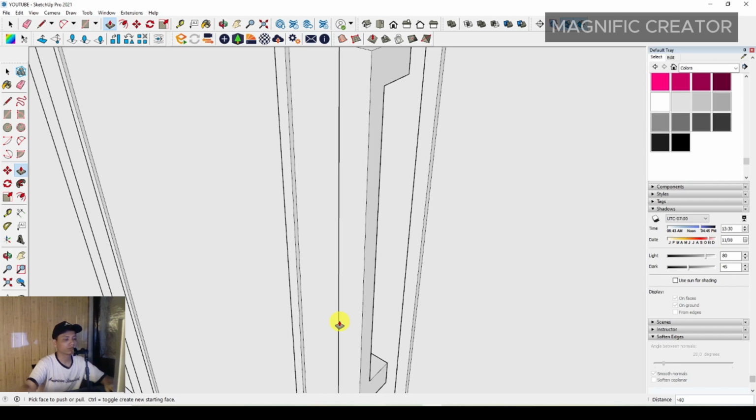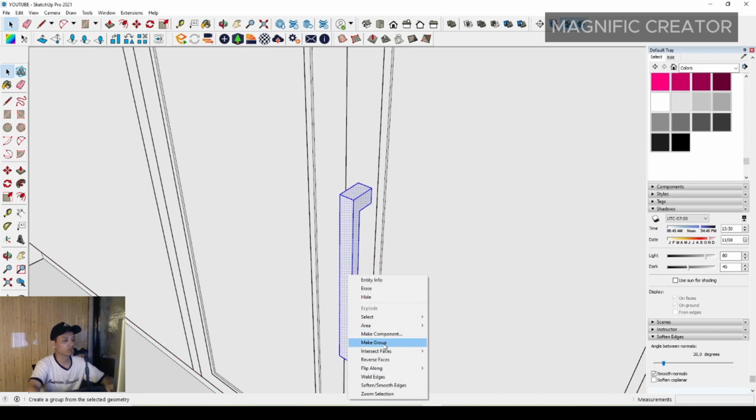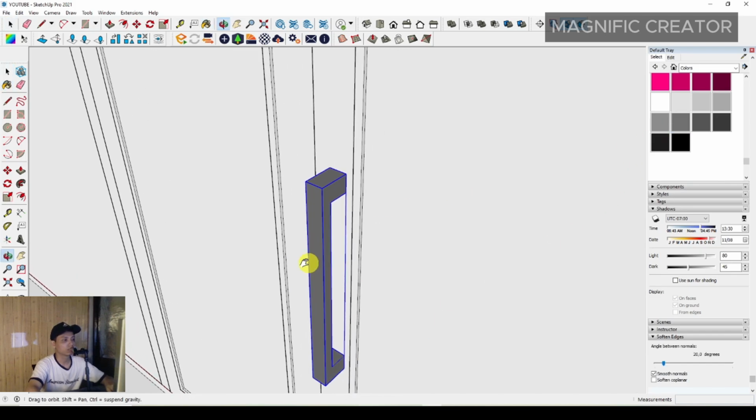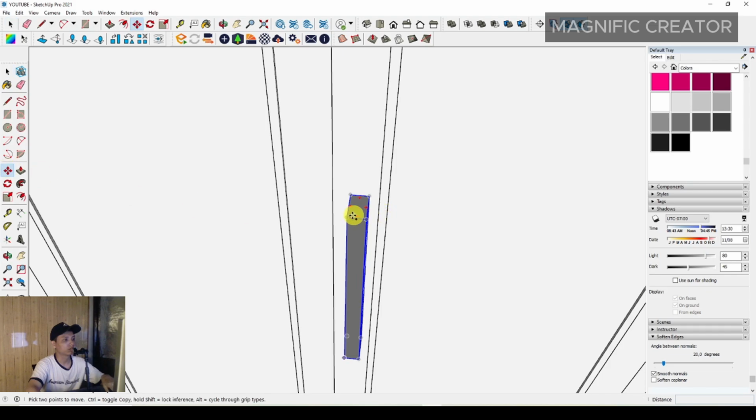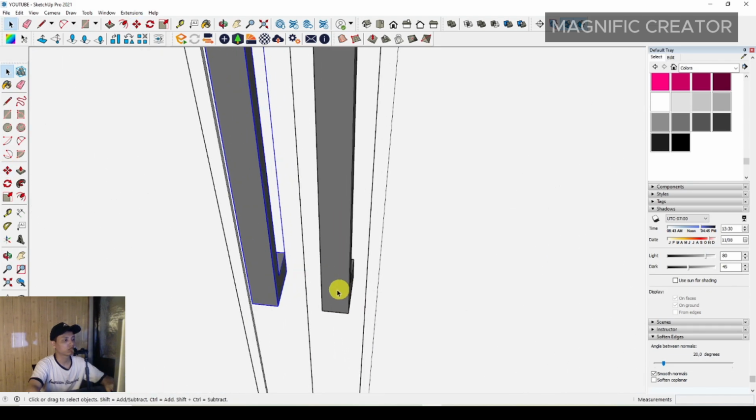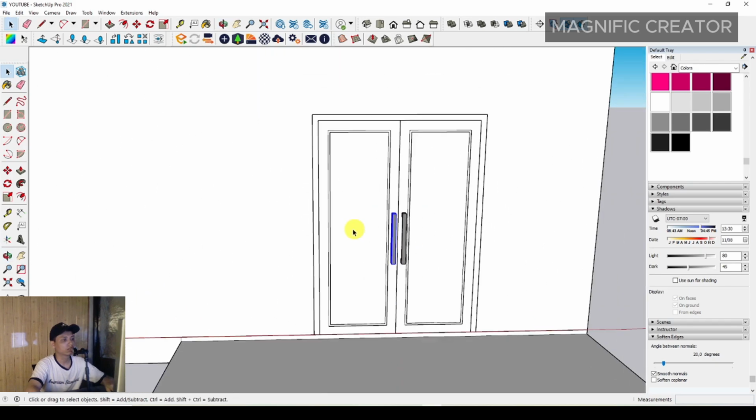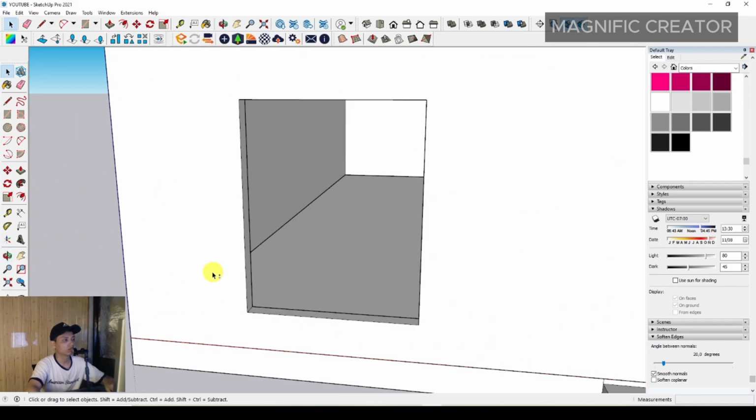Okay, and then you can duplicate it. Then you have to move and select Control like this, and after that you can make